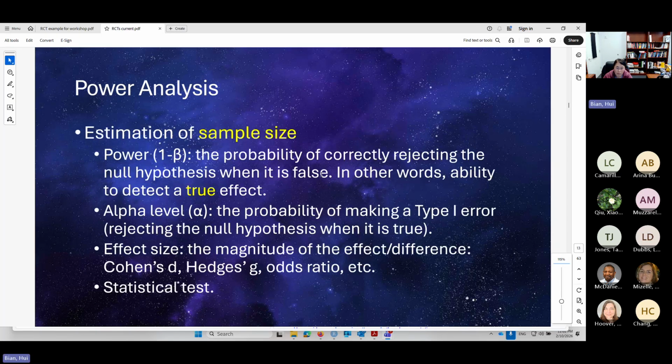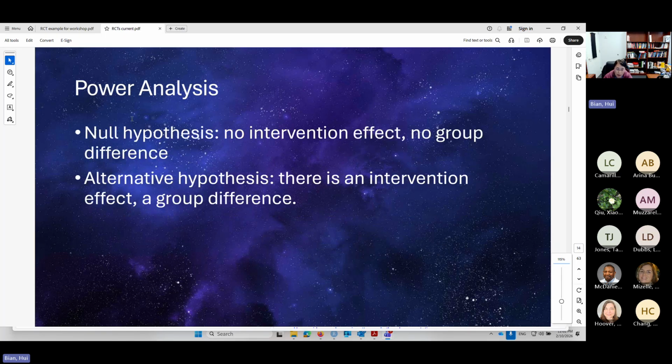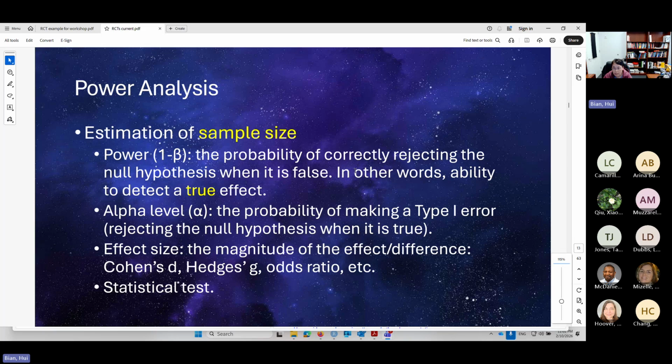So the power is the probability of correctly rejecting the null hypothesis. So we reject the null hypothesis, absolutely we accept the alternative hypothesis. So we state, hey, our intervention had effects on the primary outcomes. So power is really like when our intervention truly had effects on the primary outcomes, and then